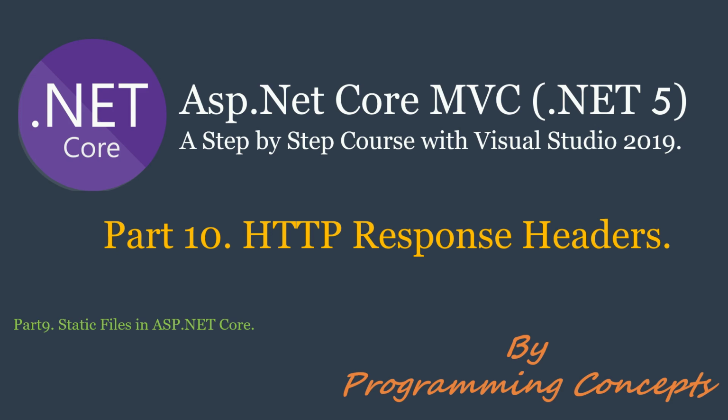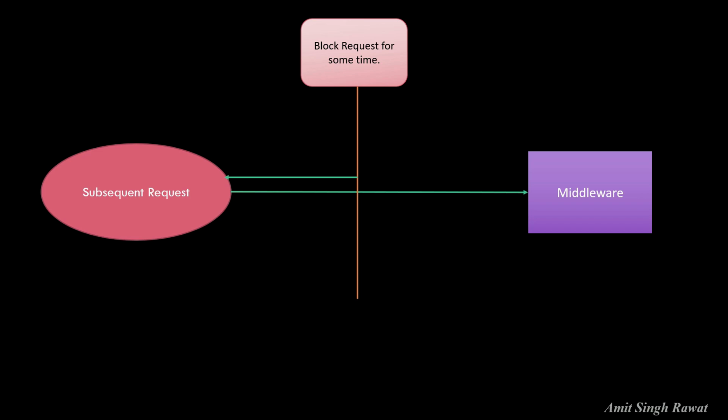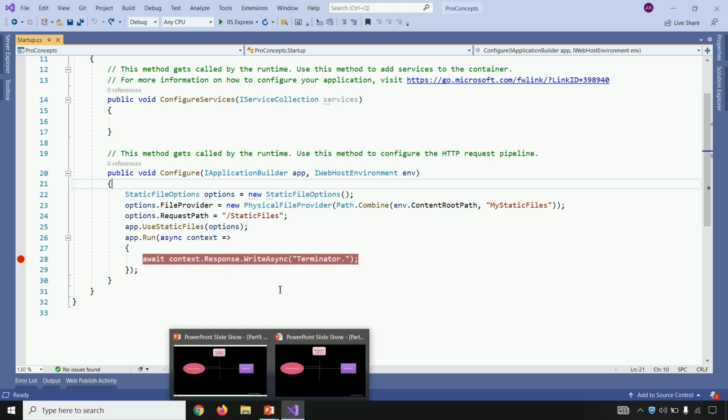So in our last video, we were exploring the option that can we restrict the browser to resend a request if the browser already cached the images or the static files, as static files will not change that frequently. And to achieve this, we will take help of HTTP headers. Let's go to Visual Studio, and this is the project which we were working on.